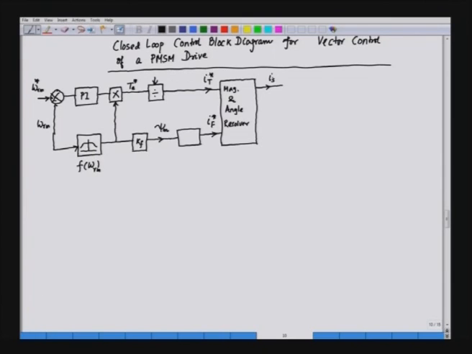I s star is the reference stator current, and the phase angle in this case is delta prime, and we add with this delta prime the rotor angle. We have a summer in this case, and we add the angle of the rotor, that is theta r,